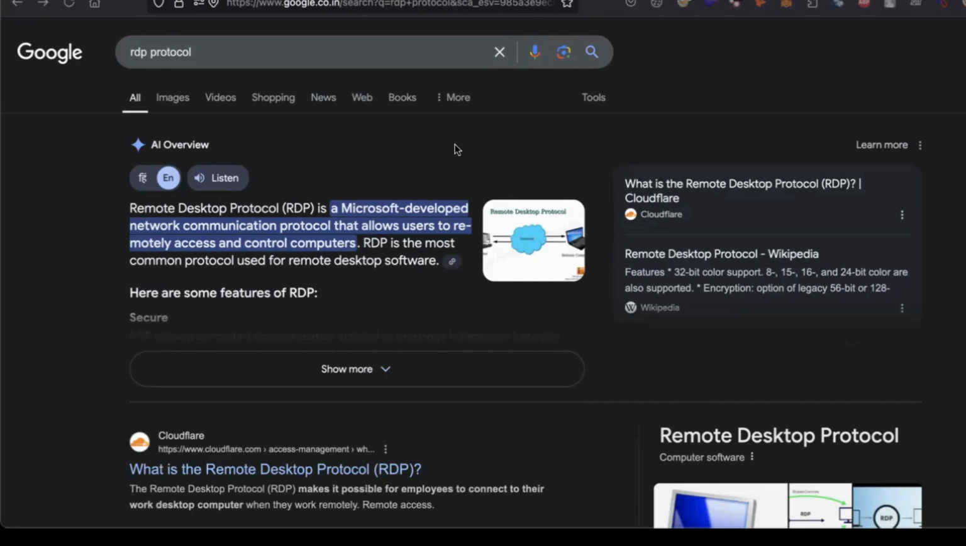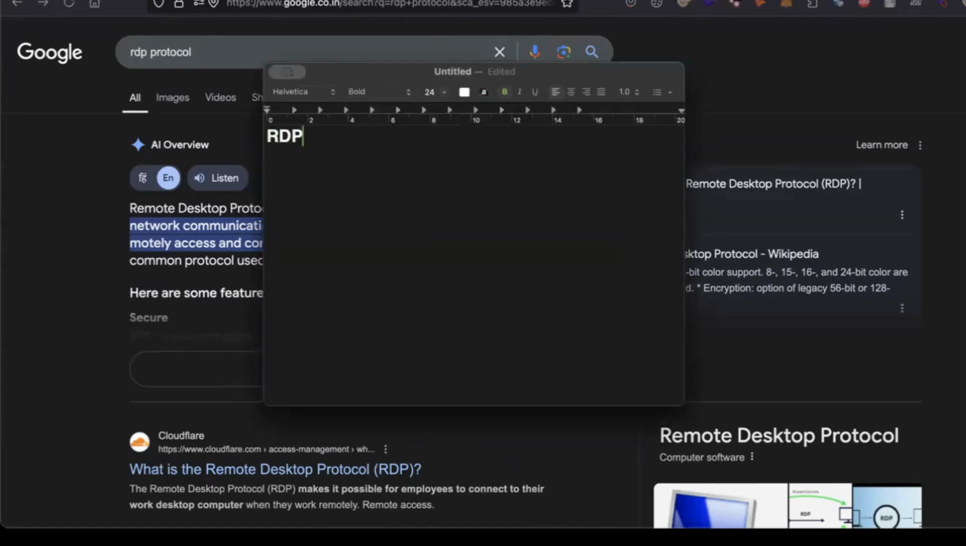So I do not have any document related to the RDP port, so I'm creating a document right now. See, if we talk about RDP testing, this testing is divided into two parts. First is brute force. You have to find out the correct credential, and after that try to connect with the RDP